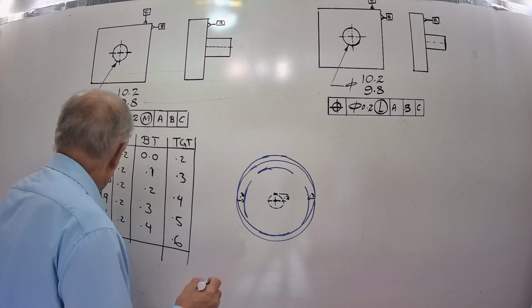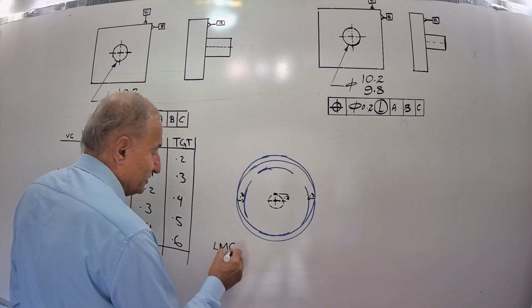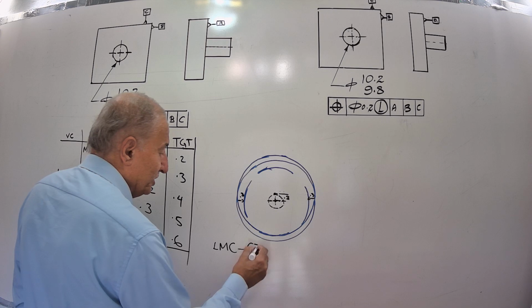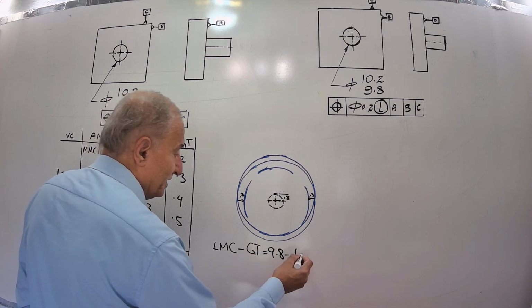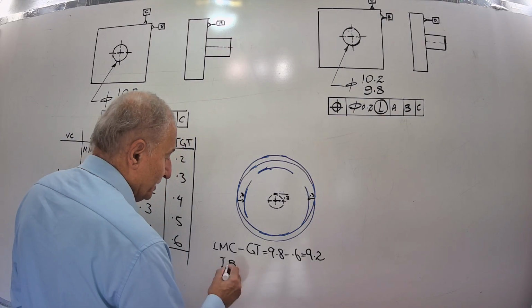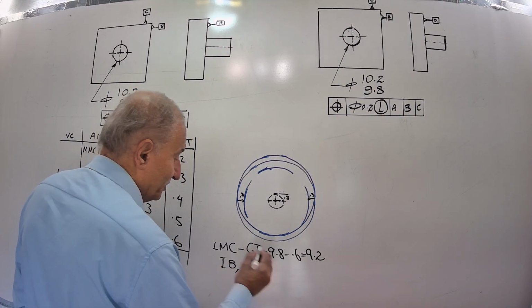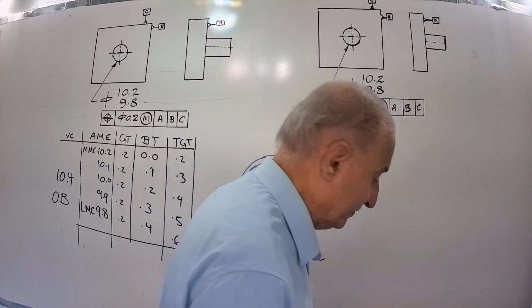It means 9.8 LMC minus GT here is equal to 9.8 minus 0.6, 9.2. That's the inner boundary and also the resultant conditions at this size. The minimum